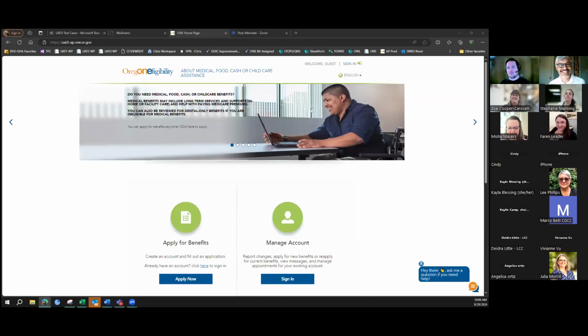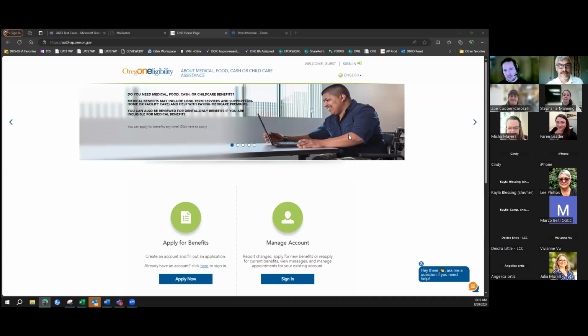Excellent. So we'll walk through a few different things here in Applicant Portal. We'll do account creation, and there's really two different avenues to account creation. That's for a brand new individual in the system or for someone who may already have benefits. We'll show both of those and then walk through the SNAP application together. And with any time left over, we can go over questions and then hopefully also give a short look into our mobile application.